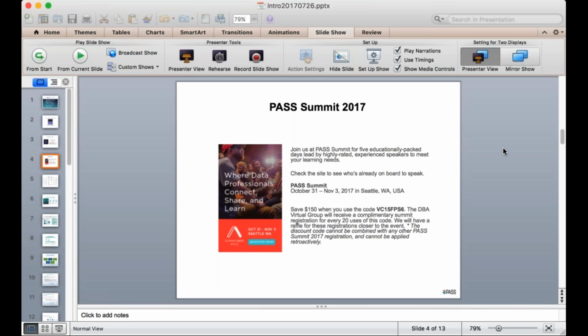It's showing Microsoft PowerPoint. I just say start the slideshow from the beginning or from the current slide. So is that the PASS Summit slide? Yes, but we see the old desktop.